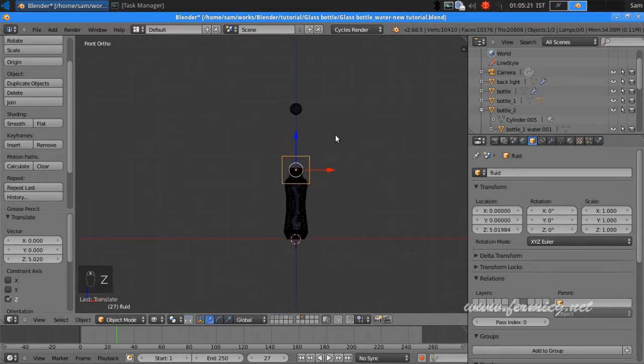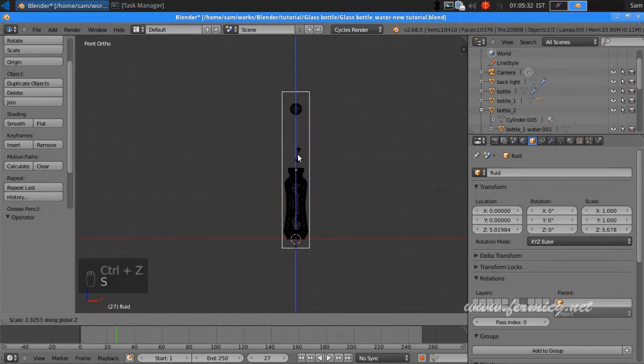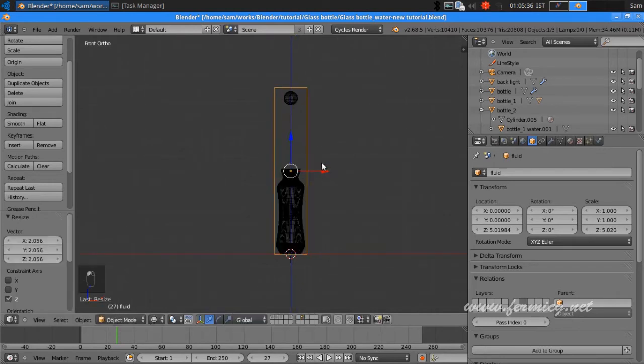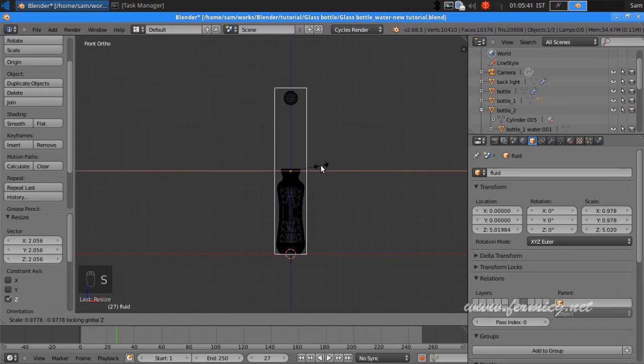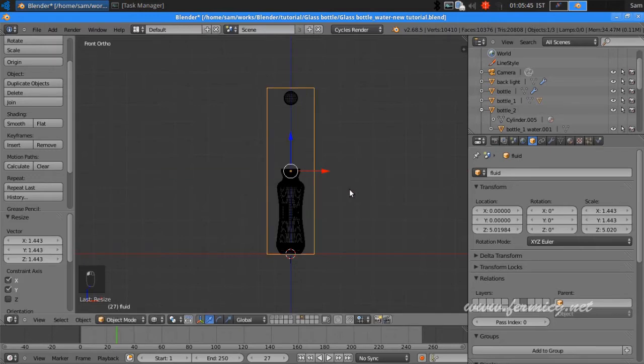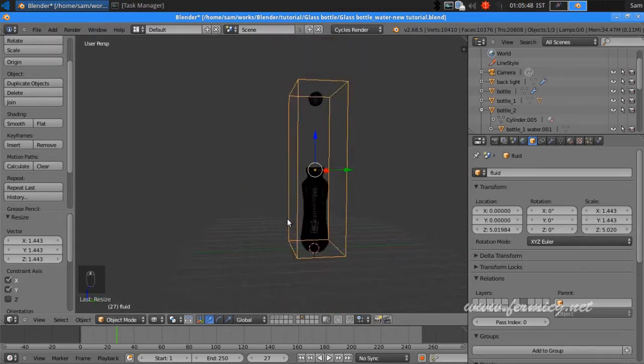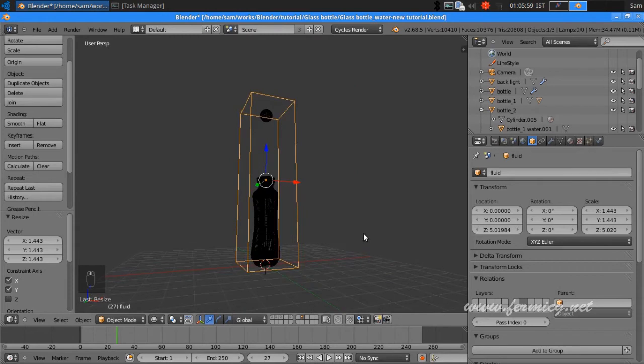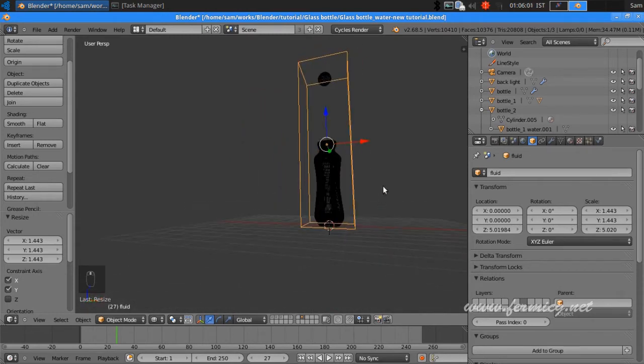Scale it in the z-axis like this, a little bit like this. Okay, so just covering it, and maybe a little bit more. Okay, so we have a container, and this will be for our